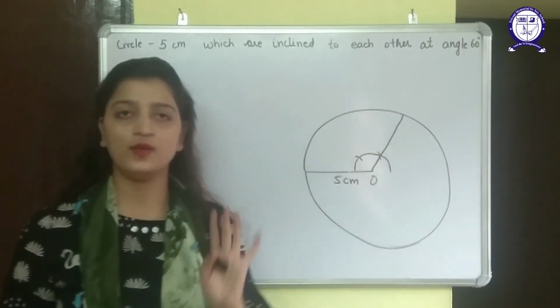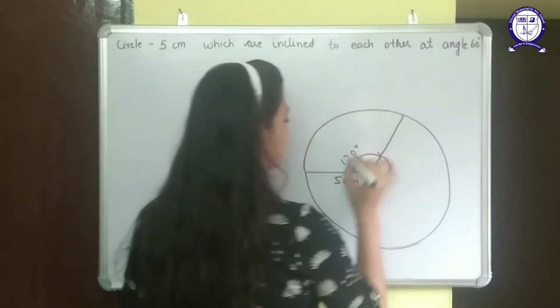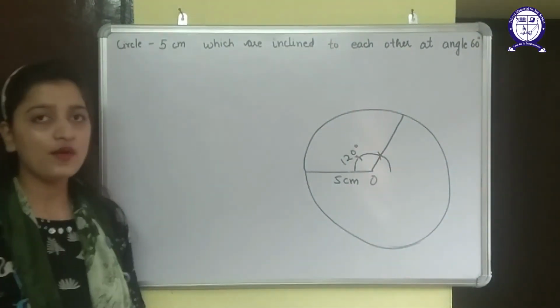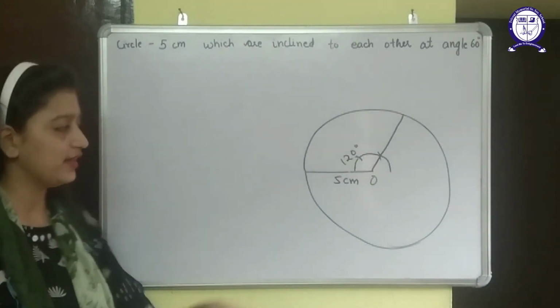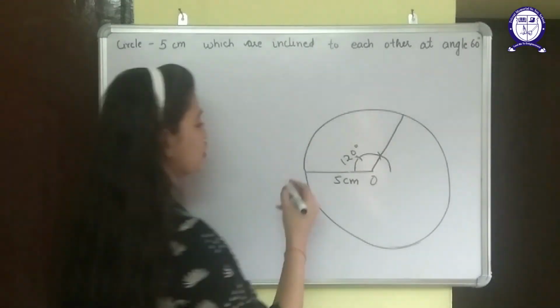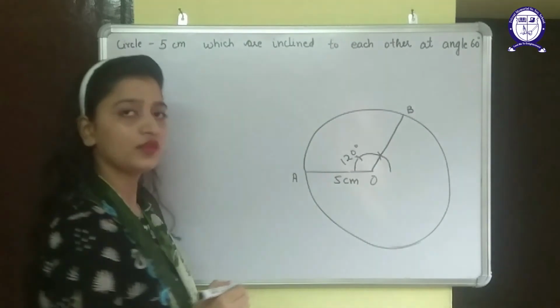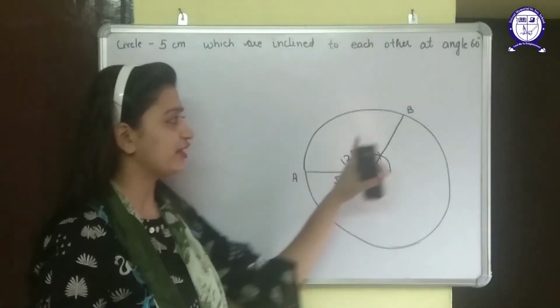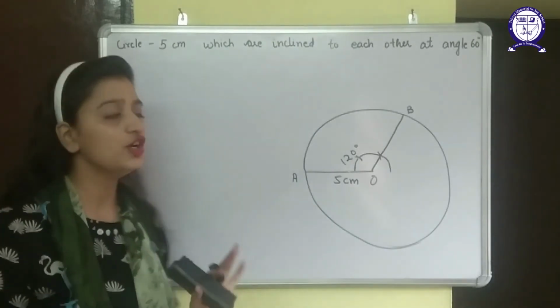Okay, this is my angle 120. So I have drawn this angle as 120 degree. Now I know that the other two angles will be 90 and 90. This angle and this angle will be 90. Okay, so take this point as A and this is P. So I need to draw the angle of 90 on both of them because radius is perpendicular to tangent.